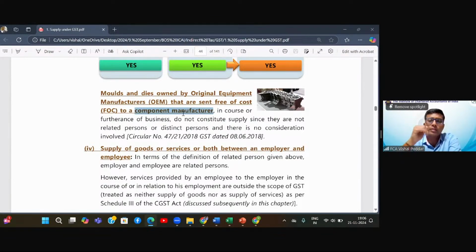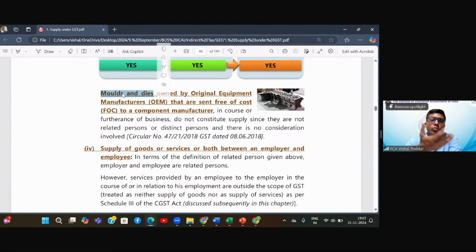फाइन. अब कितनी बार ये होता है कि ताकि आप मेरा ये इंजन अच्छे से बना सको या मेरे डिजायर्ड क्वालिटी का बना सको, ये इंजन को बनाने के लिए आपको जो मोल्ड्स एंड डाइस चाहिए, those molds and dies I supply to you free of cost. So I am Mahindra and Mahindra company manufacturing jeeps, manufacturing trucks. For one of my trucks, the engine is made by you. In order that you make the engines as per my design, my requirement, I am sending you the molds and